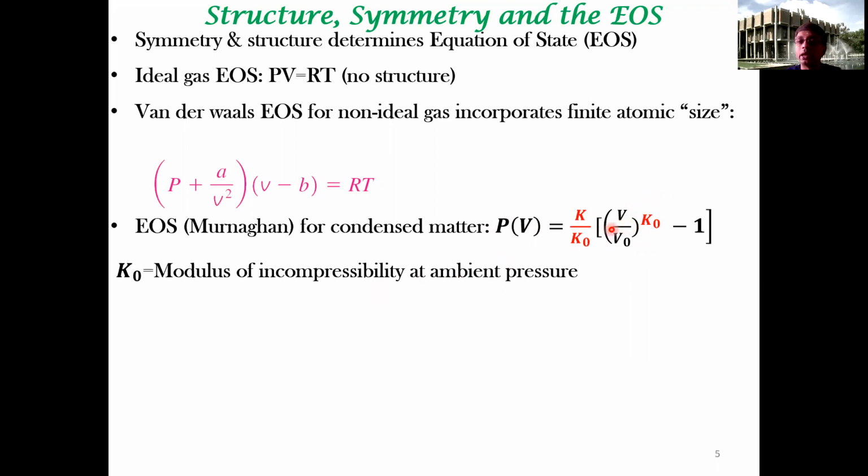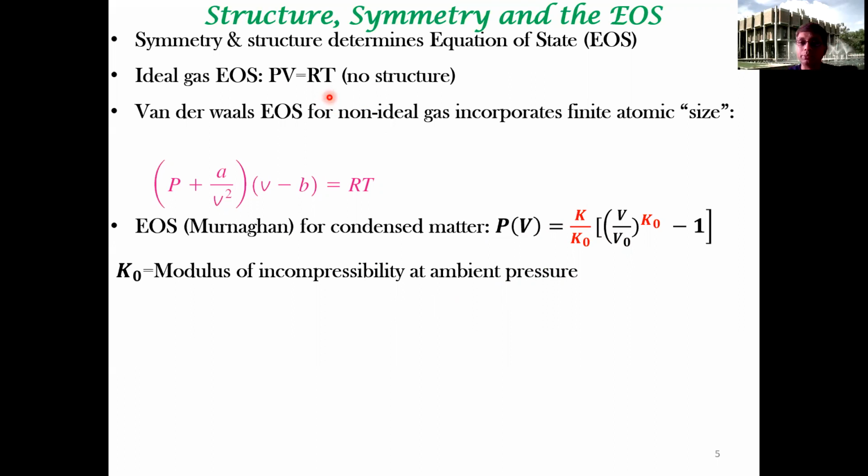This K and K naught are called the modulus of incompressibility. We'll define this in some detail in the next lecture or so, but it's a mechanical property. K naught is the modulus of incompressibility at ambient pressure, and so the complexity of the equation of state increases when you go from the ideal gas law, because we have introduced some notions of size